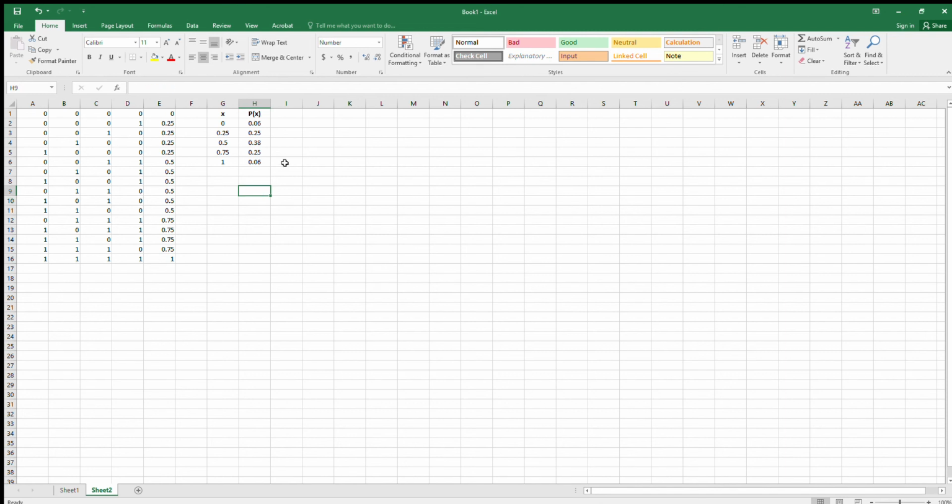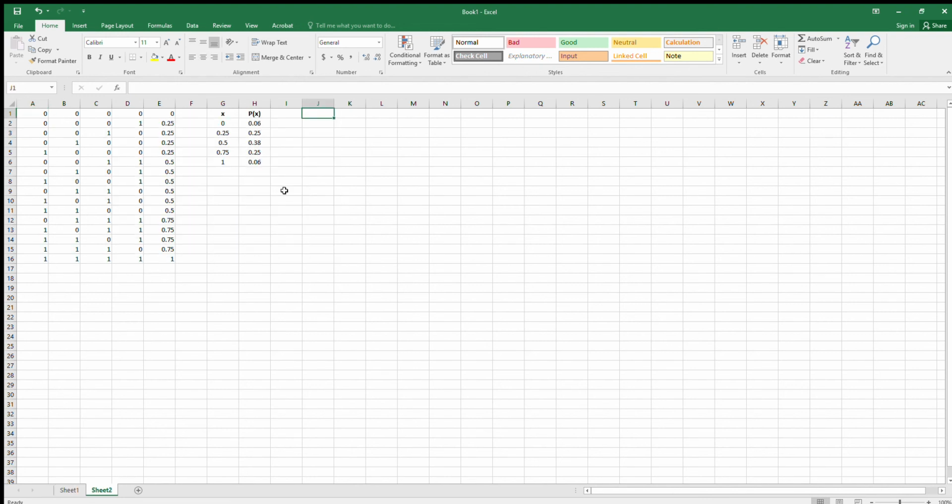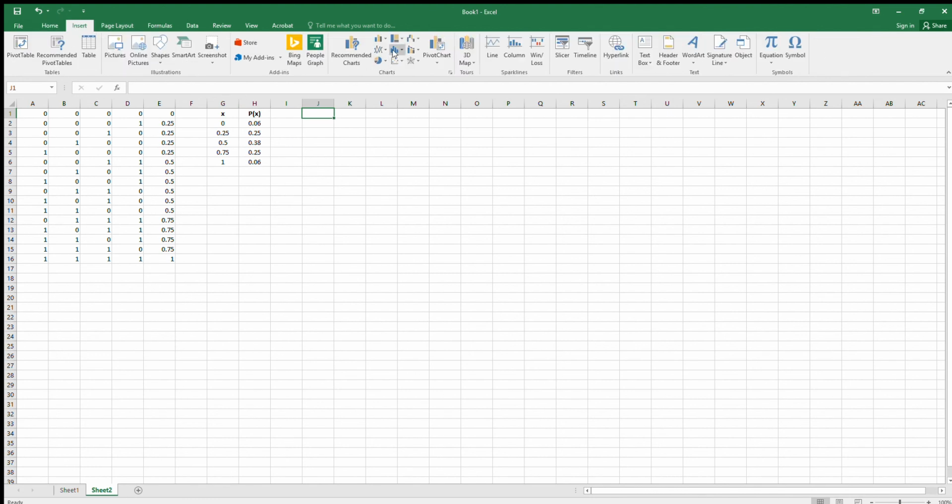Just a test. So now we can construct the graph of this probability distribution. According to the central limit theorem, we should get something that looks a little more like a normal distribution than the original uniform distribution we had for the original experiment itself. So we do this the same way as before. We come to insert, we'll do a histogram, so the blue bar, second row, second column,